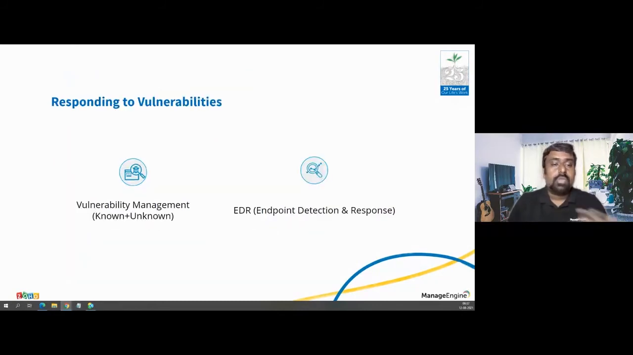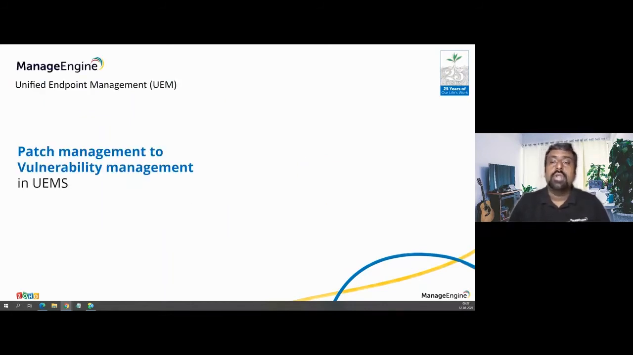And known and unknown vulnerabilities. EDR is one of our focus that we are going to release soon. So vulnerability management is already available with us. Expect EDR soon from us. That's going to be a comprehensive vulnerability combo that's going to give an additional layer of security for you. The second